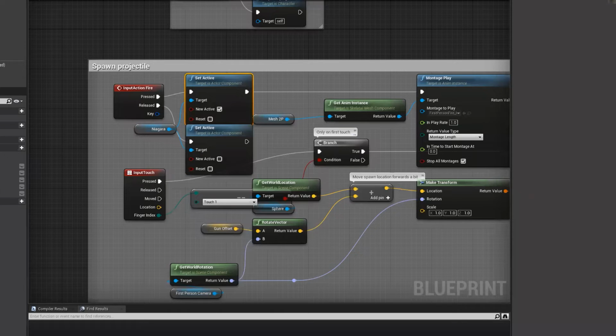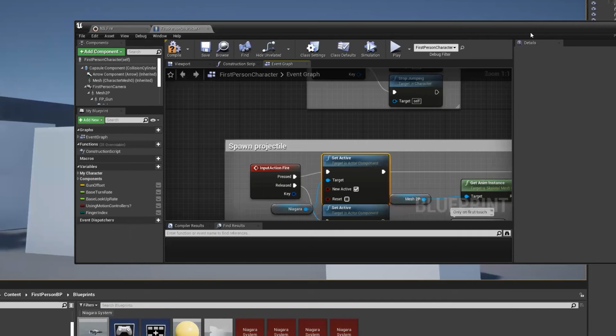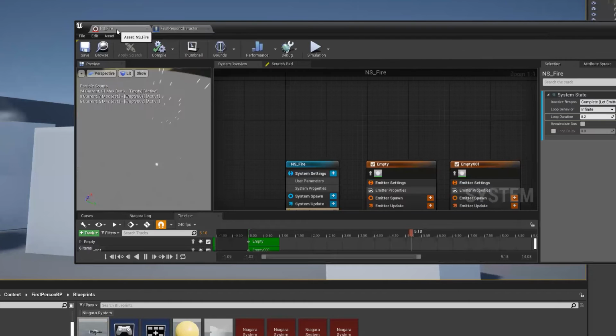Right, can Niagara particles be added or modified through C++, or are they exclusively done in Blueprint? So they can be, you can spawn them in C++, that's absolutely fine. Because Blueprint is just an extension of C++, right? So anything that you can do in Blueprint, you can do in C++. So yes, you could definitely spawn them and modify them, but generally it is much easier and quicker to just do it inside Blueprint. Anything that is event driven or is visually driven is often much quicker to do inside